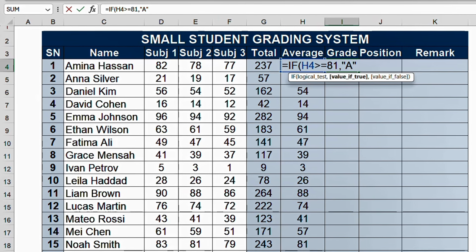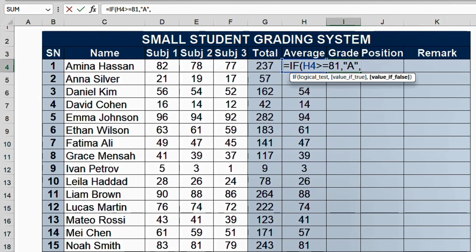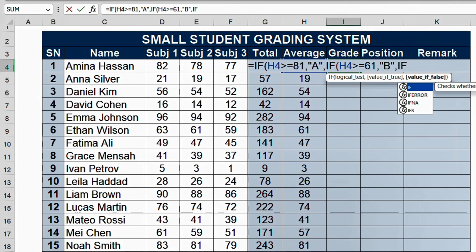Then I proceed by typing comma, another IF, open brackets, H4 is greater or equal to 61, comma, quotation marks, grade B, quotation marks, comma again, another IF, open brackets,